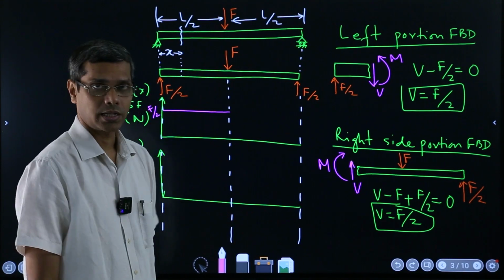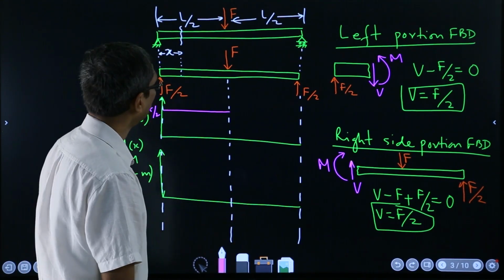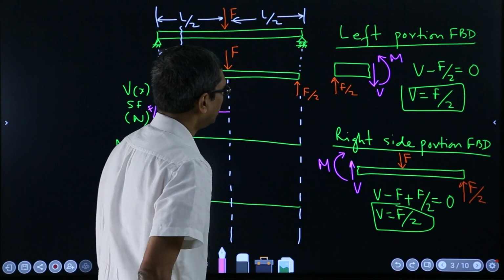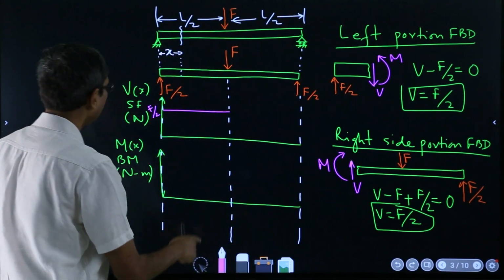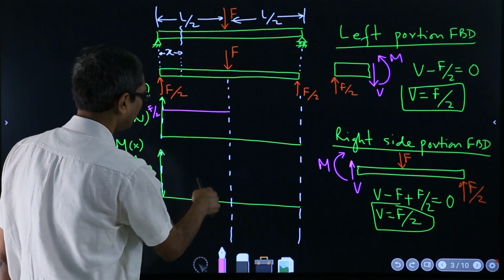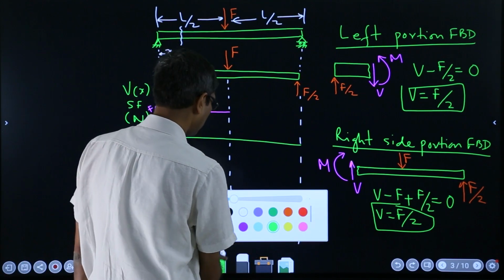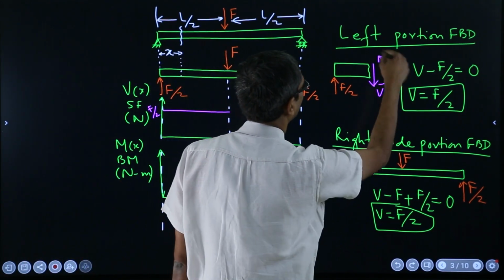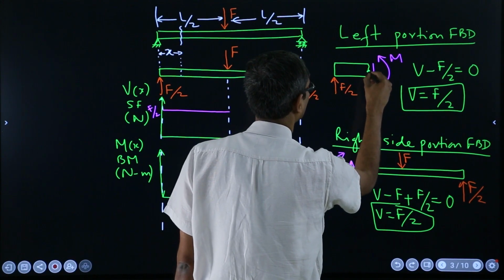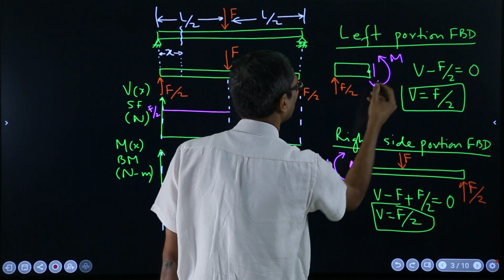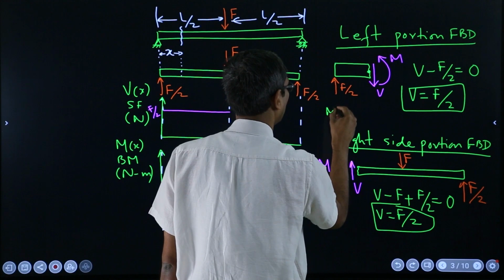Now this segment is done for the shear force. What about the other segment? Before that, shall we draw for the bending moment also? For the bending moment equation, if I have to write here, say M, suppose I am taking the moment about this location. So moment M